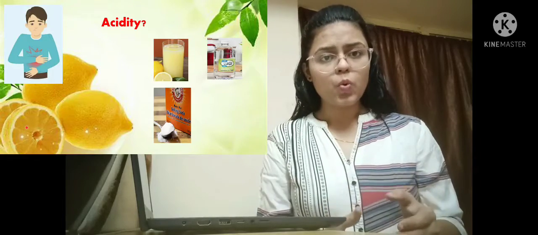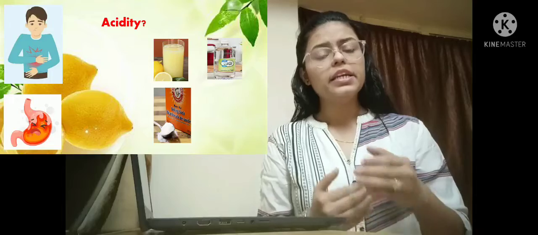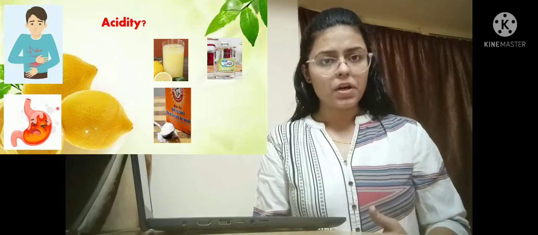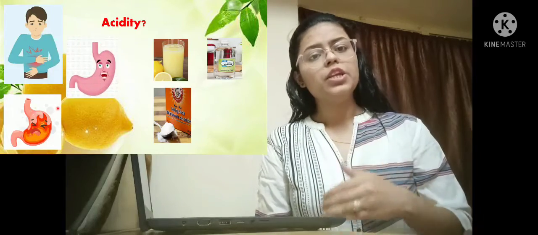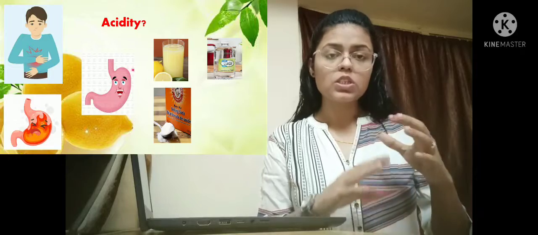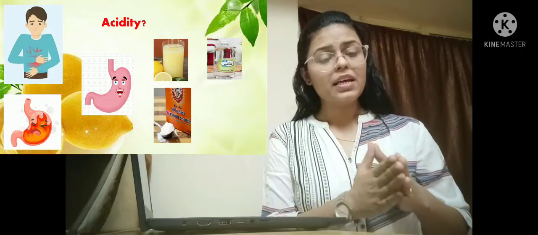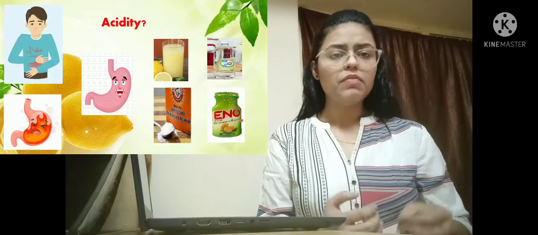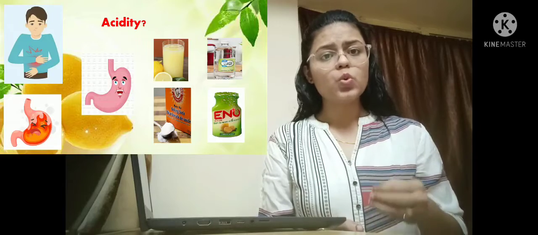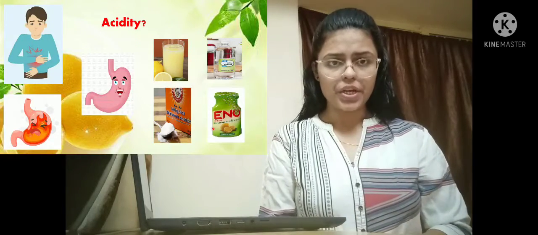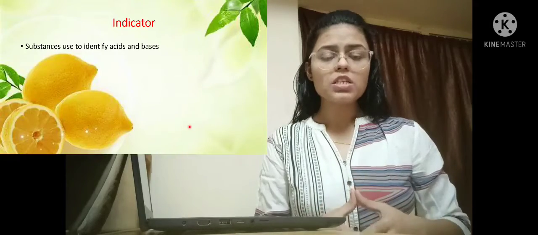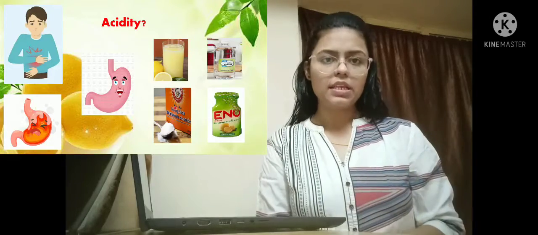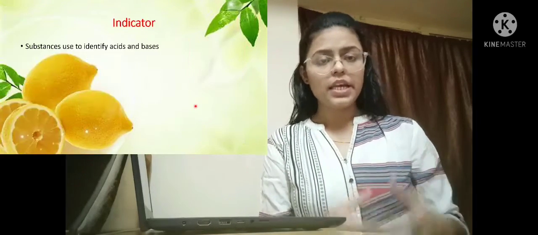As you already know, the problem of acidity in our stomach is caused by the increase in the acid level in our stomach. So base is the one which can neutralize the effect of acid. So your answer will be sodium bicarbonate. Generally in this situation, we take ENO as it contains sodium bicarbonate as one of its constituents. So from this situation, we understood how acid can neutralize the effect of bases and how bases can neutralize the effect of acid.